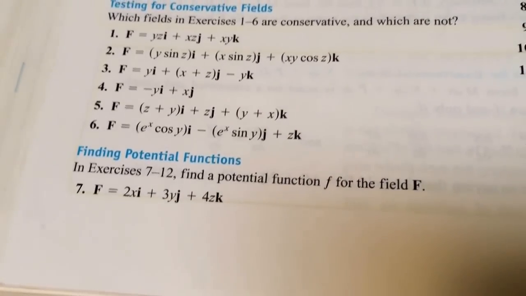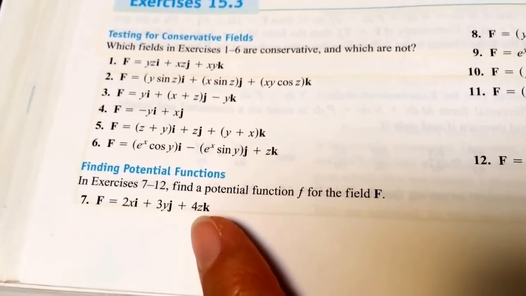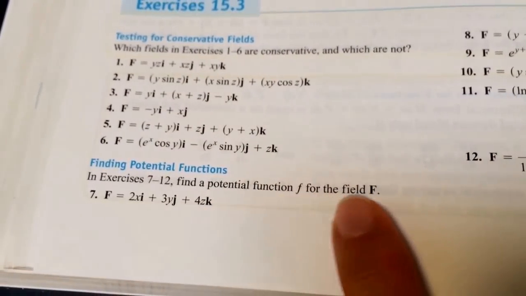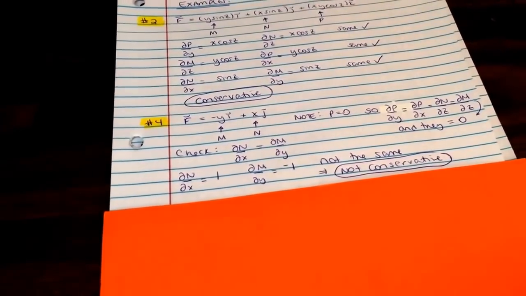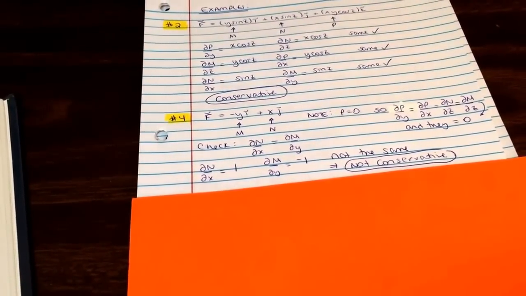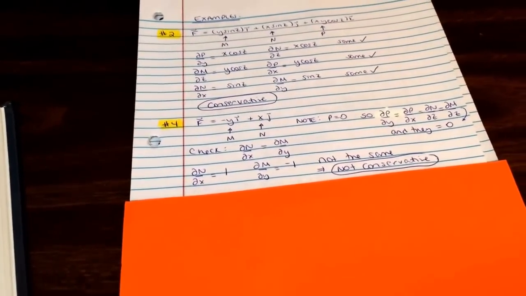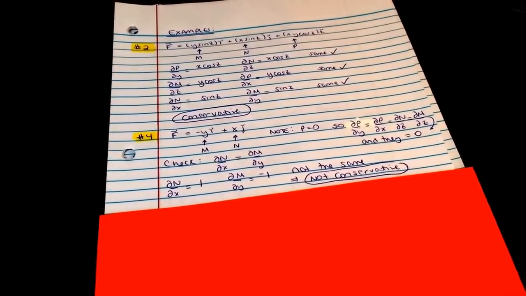All right, next group of problems. 7 through 12. This is page 856 if I didn't already say that. 7 through 12, find a potential function, lowercase f, for the field, capital F. So you're trying to find that lowercase f. I don't know if you remember, I don't even remember where it would have been, I don't know if it was Cal A or Cal B, but remember when they would give you the acceleration function and you would have to go back and find the position function. So you would integrate the acceleration function to get the velocity function, and then you would integrate the velocity function to get the position function.